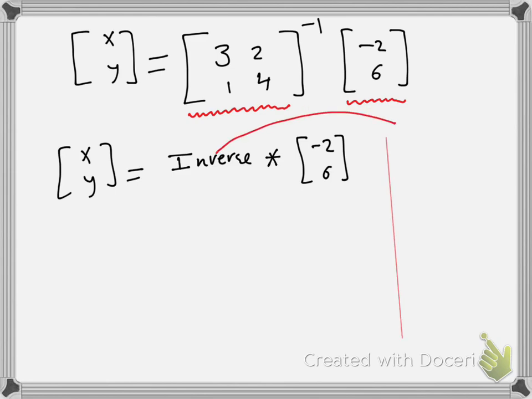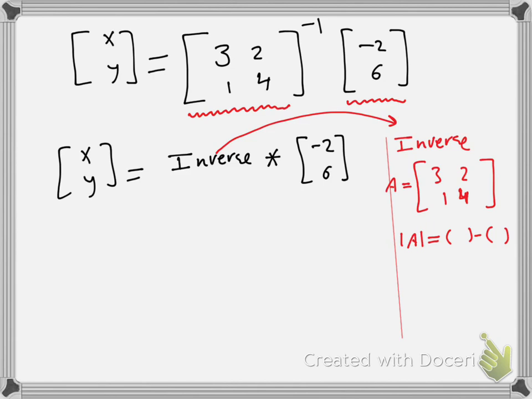First, let's compute the inverse, to be easy for us. I will try now to compute the inverse of this matrix, 3, 1, 2, and 4, which is called the matrix A. As you remember, to compute the inverse, I should obtain the determinant first. Then I will open two brackets between them, subtraction. Multiply 3 by 4, which is 12, minus 1 multiplied by 2, which is 2, then 12 minus 2, the